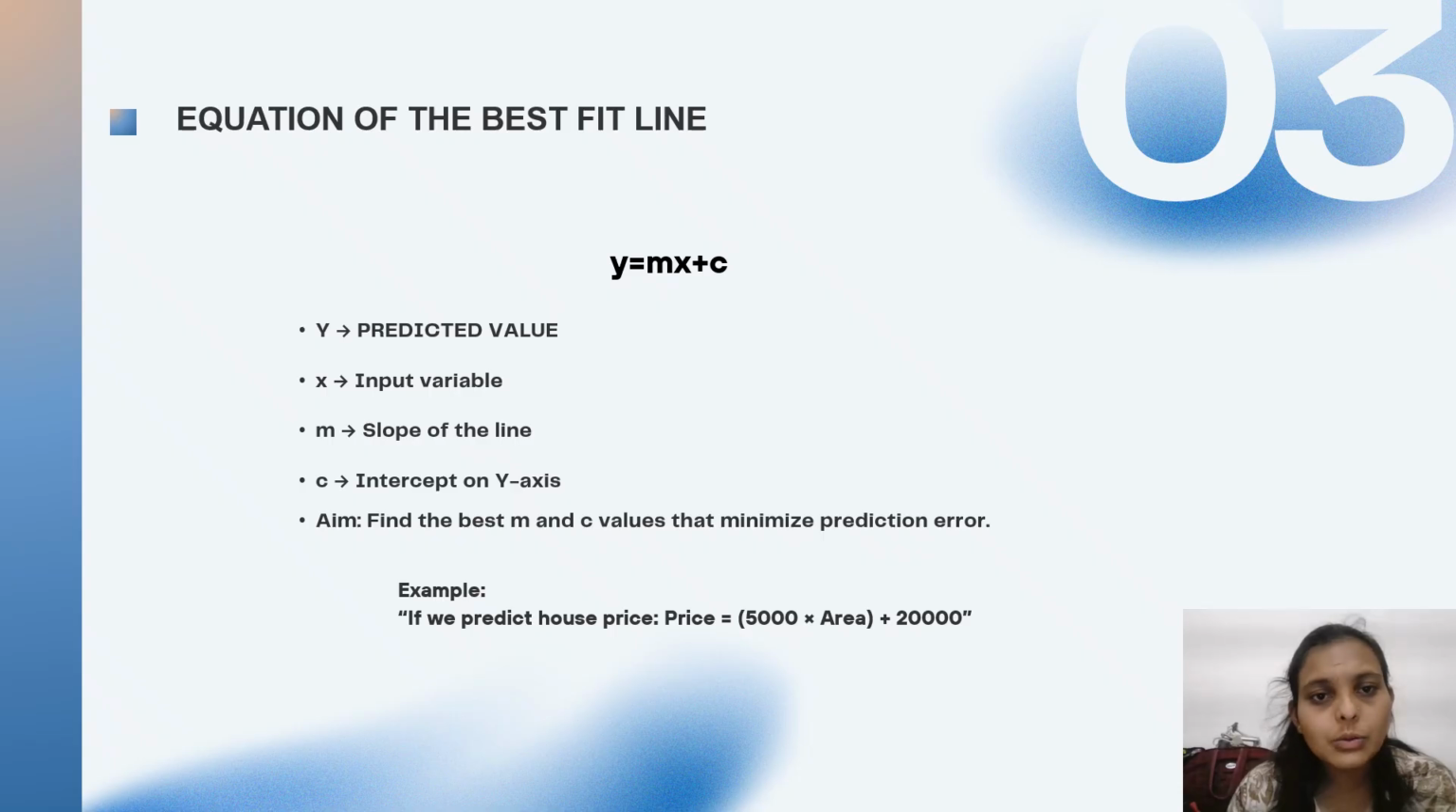So this is the equation of the best fit line, y equals mx plus c, where y is the predicted value, x is the input variable, m is the slope of the line, and c is the intercept on the y-axis. The main aim of this regression is to find the best m and c values that minimize prediction error. For example, if we predict house price 5,000 into area,